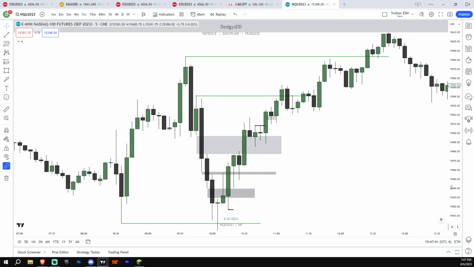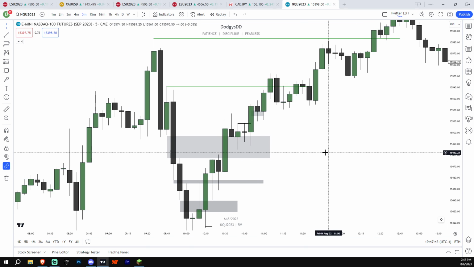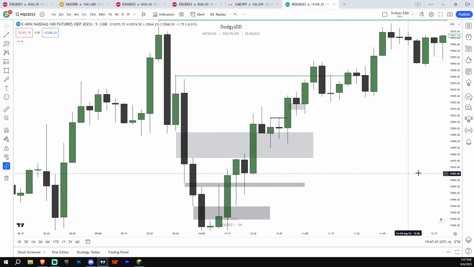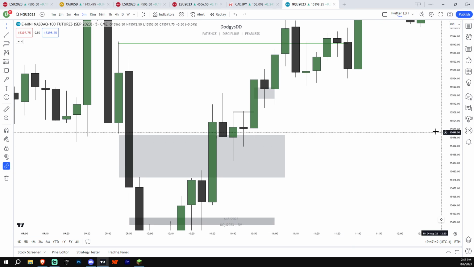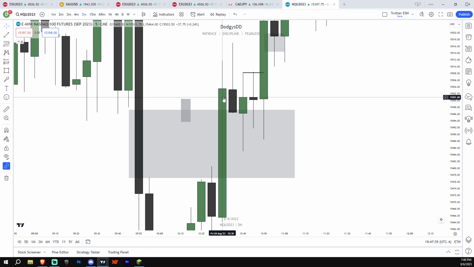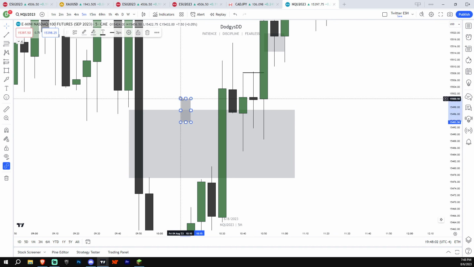A lot of people ask me, how much displacement do you expect, or want to see, over an inverse? There's no set rule. It's kind of the signature and what I've seen in the past. I would say anything like this, I would consider good displacement. Even if a body closed down here, or a body that closes down here,